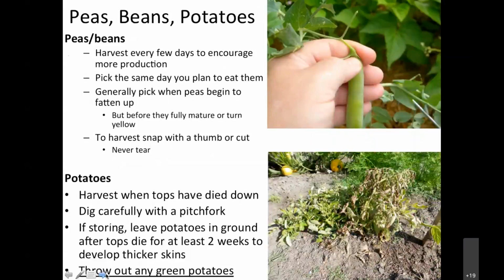Peas and beans and potatoes. So peas and beans, again, research your variety and what it looks like when it gets mature. Most of the time, you want to harvest them when you can see the beans, but not when it's completely bulging. You want to get them a little early. But the most important part is you want to harvest them just right. You don't want to yank them off. You want to either cut them with a pruner, or you do this thumb trick where you put your thumb up to the base of it, and you push inward and upward, and it just snaps right off. And if you do that, it really stimulates a lot more fruit production, and you'll get a lot more beans